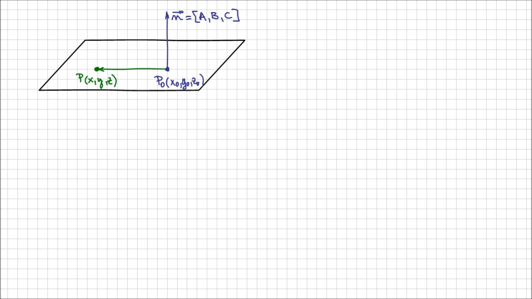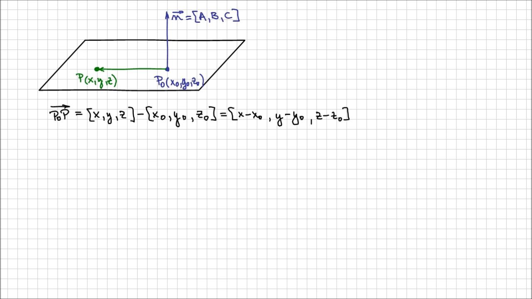First things first, let's express this vector P0P in an algebraic form. As we know from the lesson about expressing Cartesian vectors, it's going to be the difference between the position vectors that point to those two points. In other words, (x, y, z) minus (x0, y0, z0). So the vector P0P is (x minus x0, y minus y0, z minus z0). That's just to define this vector in an algebraic format. And now,